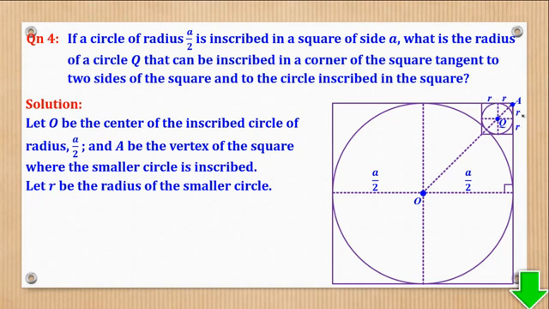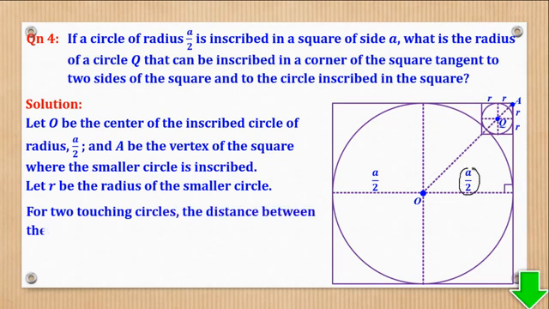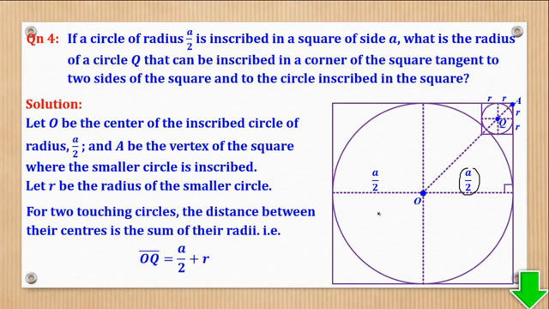Now from touching circles, I think we covered touching circles, we saw that the distance between the centers of two touching circles is equal to the sum of their radii. From here to here is the radius of the small circle, from here to here is the radius of the big circle. So I know that the radius of this big circle is A over 2 and the radius of the small circle is R, meaning that OQ is equal to A over 2 plus R. Okay, so now that I know this,